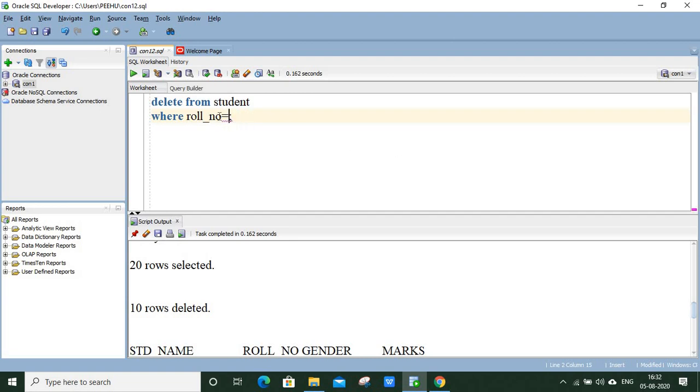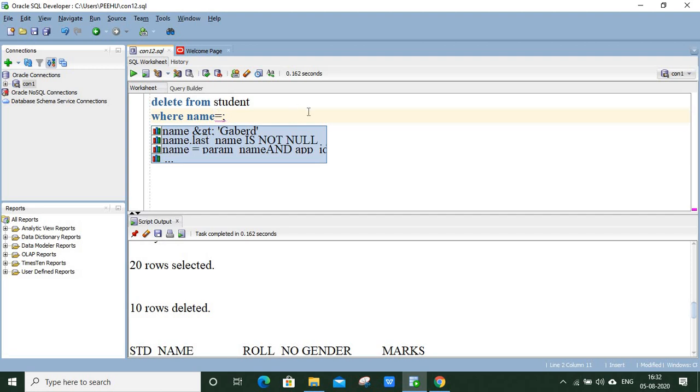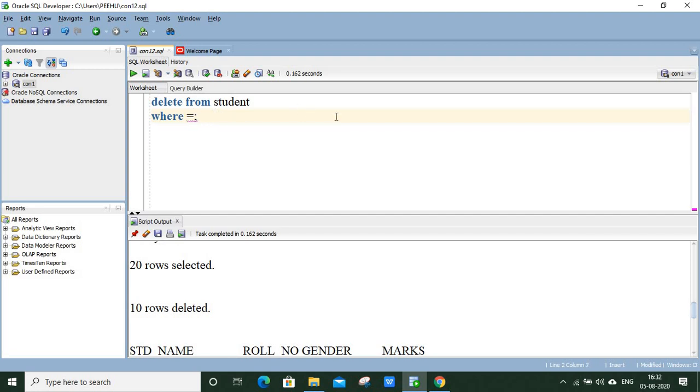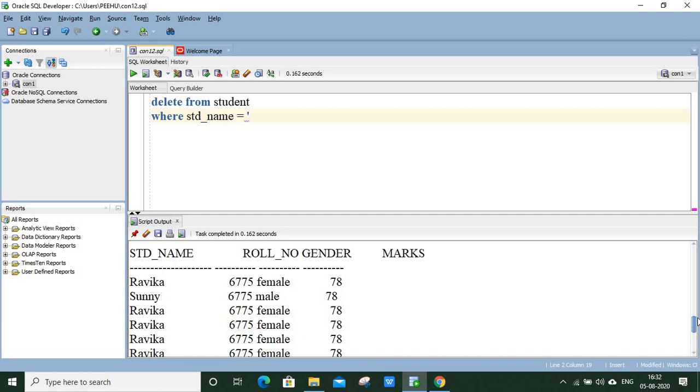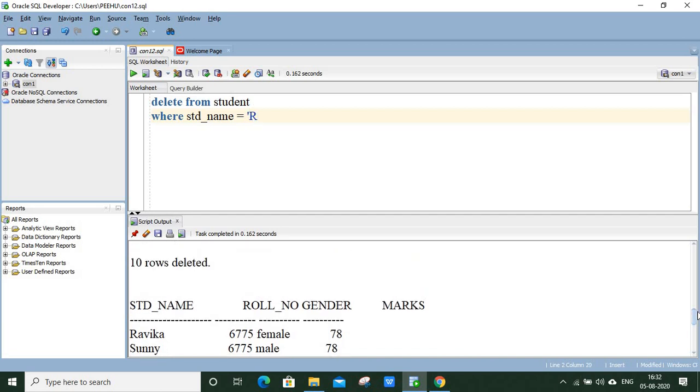Like if I want to apply a condition on the name, it is a student name, and then I want to delete the students, let us say this, Ravika. So I need to write